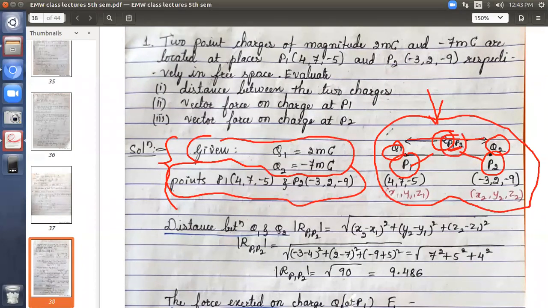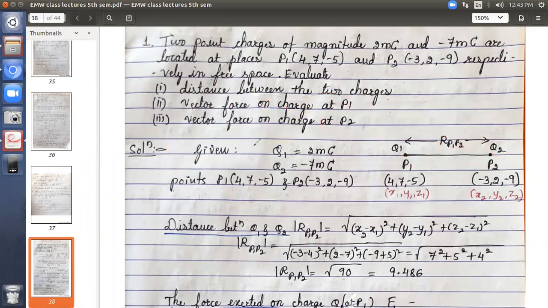But this is helpful when we calculate the forces, because the forces are to be calculated at different points. So at that time 1 and 2 are important. So either you can take R12 or R of P1, P2, no problem, but try to add the 1, 2 suffix. Then, to generalize the points, I have taken the first point as x1, y1, z1 and the second point x2, y2, z2. I have indicated this with the red pen. So this is the given data listing, and try to figure out the given situation in the form of a diagram. This much is over.